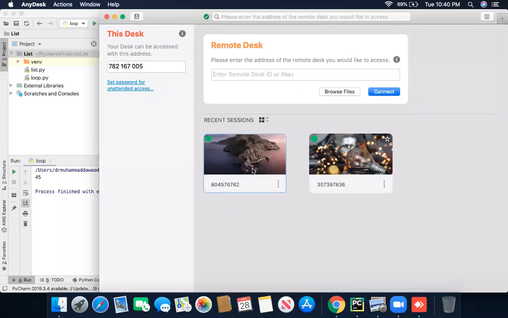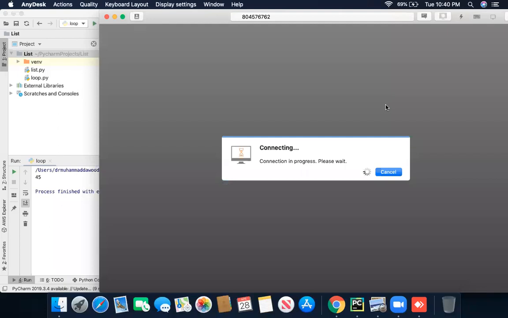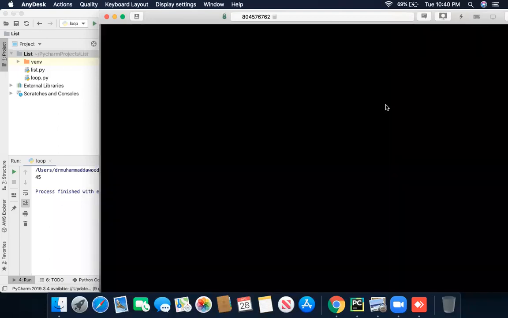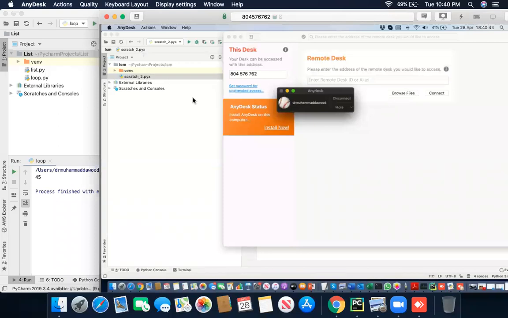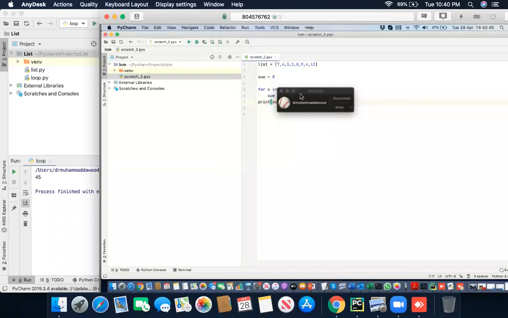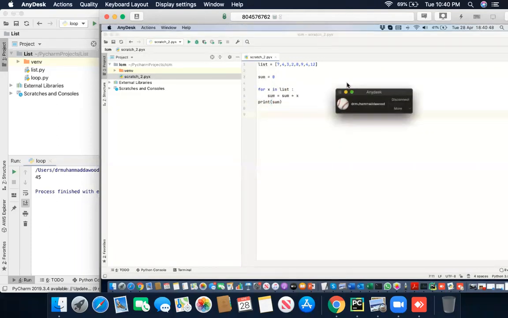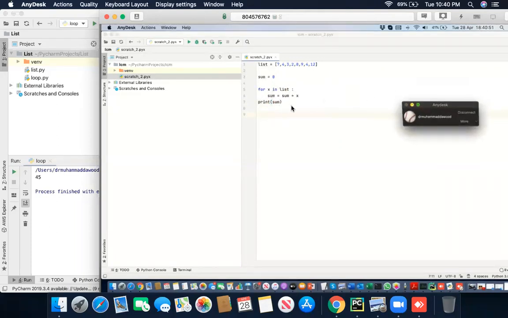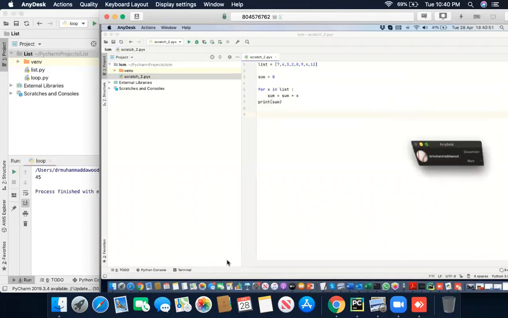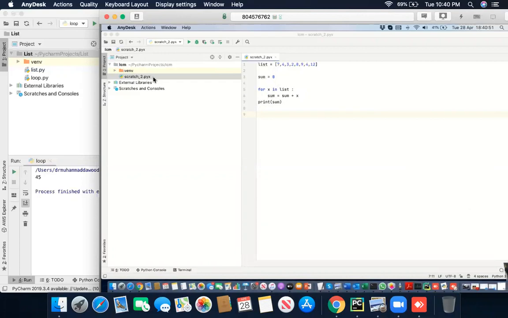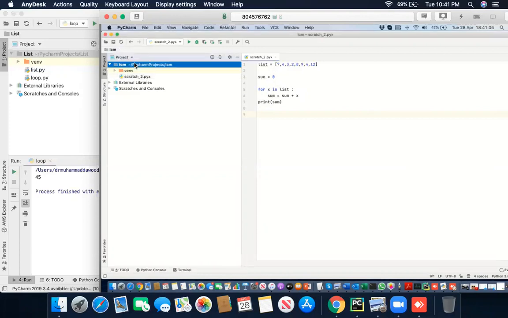Yeah, okay, let me just open AnyDesk. It's the same password. Yes, and I'm going to connect. So why doesn't it show you the output? You are in the Scratch Python, so it will show you the previous program. You just have to make a program with the name Python PY.